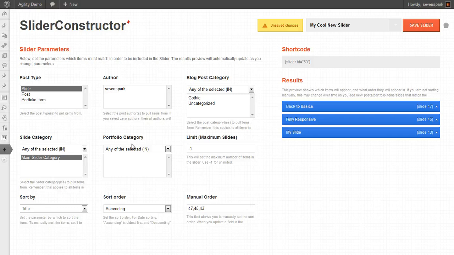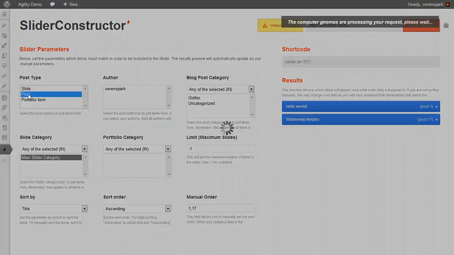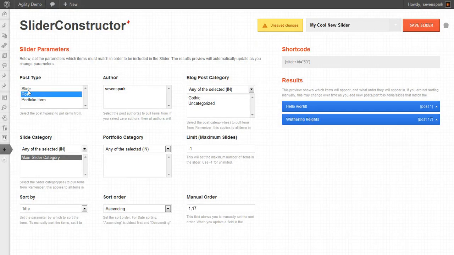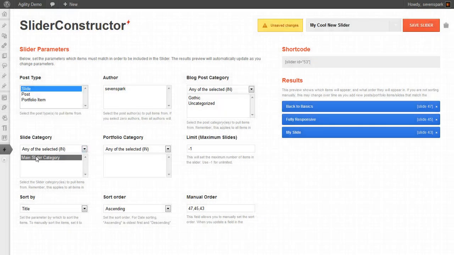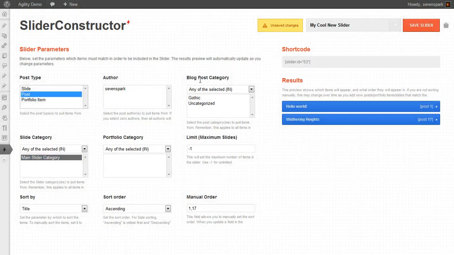The other thing I want to cover is using multiple post types. So it's pretty easy to make a slider that uses slides or just posts. When you're with slides, you can choose by slide category, and when you're with posts, you can choose by blog post category, and with portfolios, you can choose via portfolio category, etc. But if you've chosen two of them,